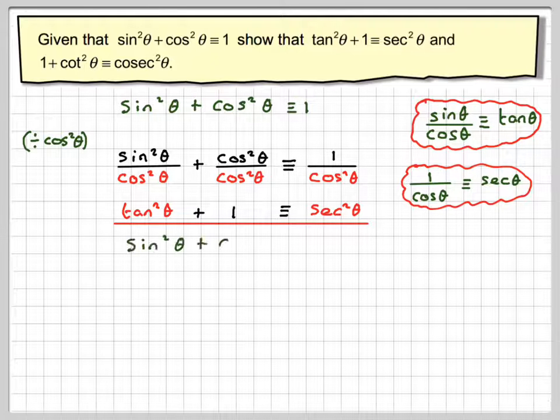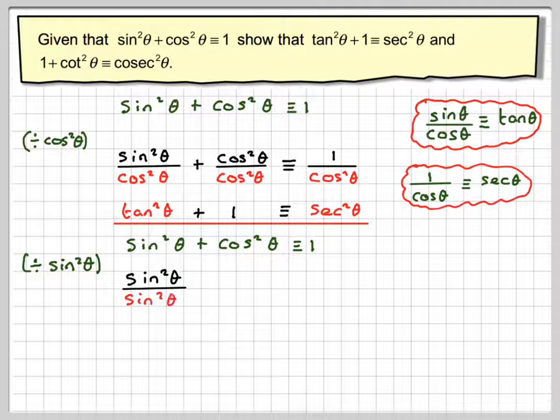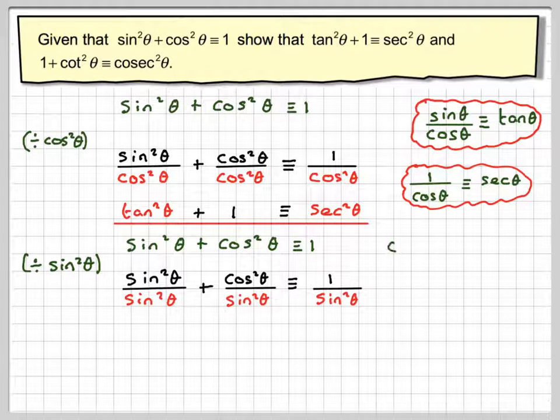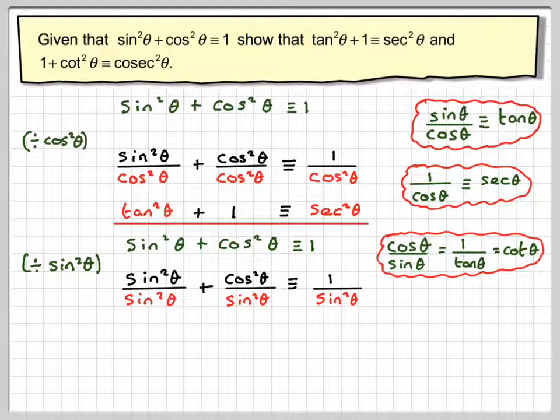Now for the second one, start by going back to sine squared theta plus cos squared theta is equivalent to 1. If we divide through by sine squared theta, we're going to get sine squared theta divided by sine squared theta plus cos squared theta divided by sine squared theta is equivalent to 1 over sine squared theta. Now cos theta over sine theta is equal to 1 over tan theta, and 1 over tan theta is the same as cot theta. So we're going to get 1 from here plus cot squared theta